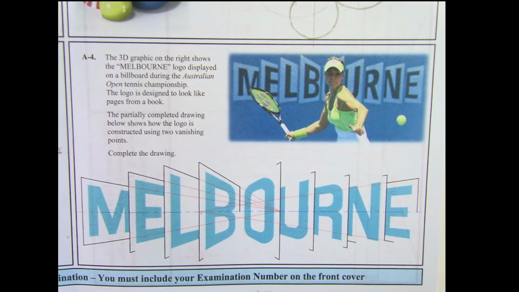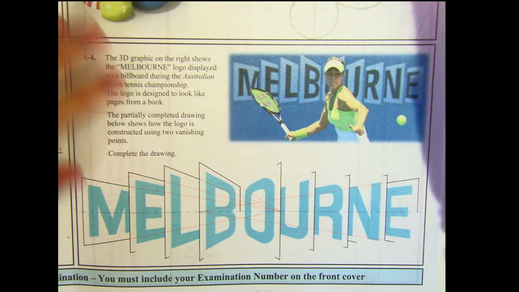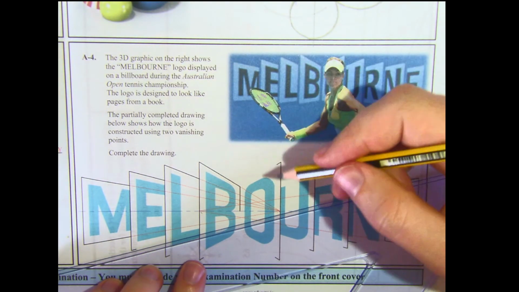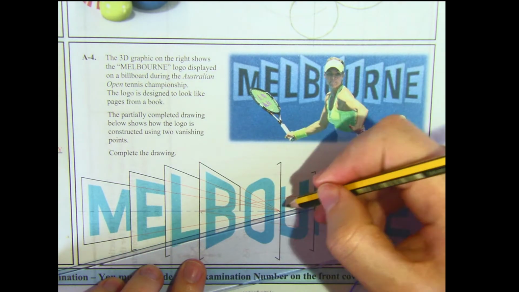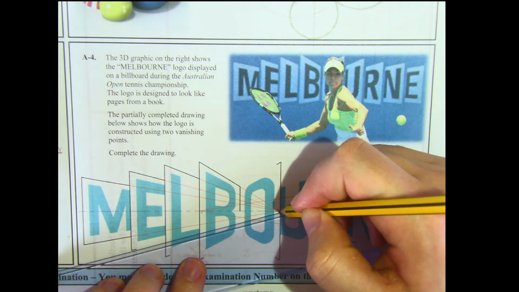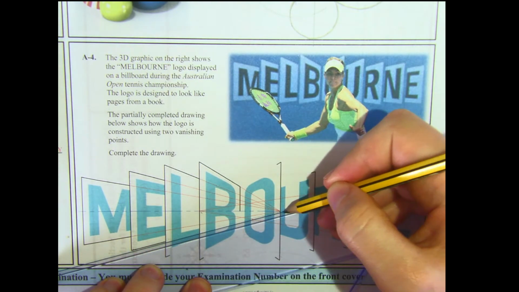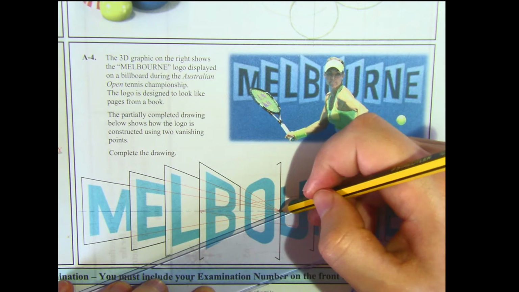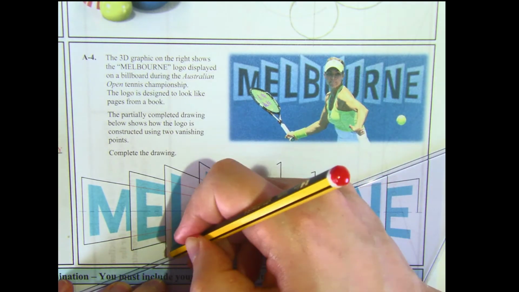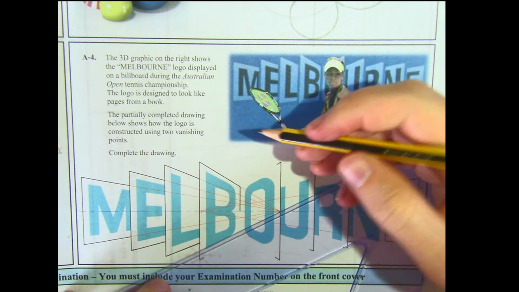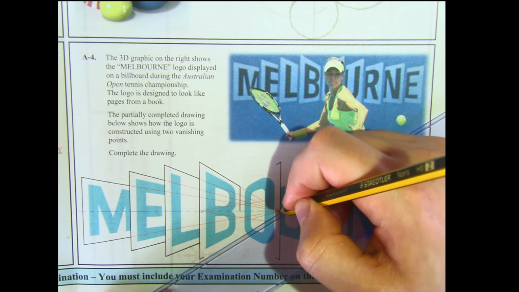So we're going to start with the pieces on the left. Each of the points here on the left are going to join to the vanishing point on the right. They've already kind of started these lines for us. So I'm going to join all of these back. So dark line as far as there. You don't need to go the rest of the way. Same for this one, onto the vanishing point, dark line as far as the solid line here. And then we'll join this one lightly back